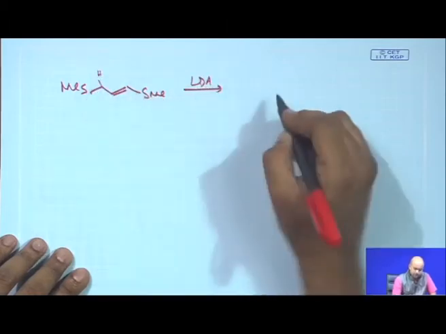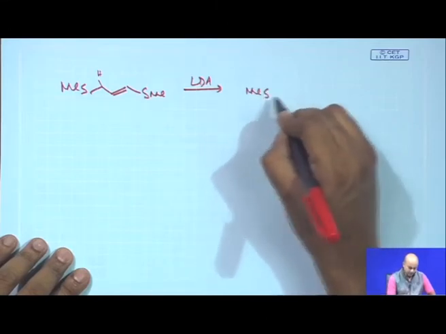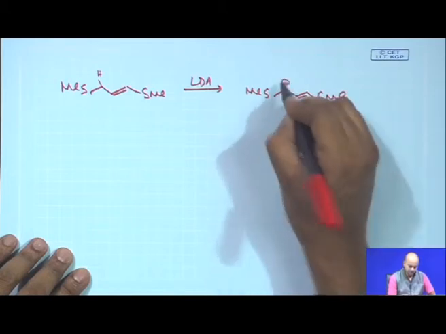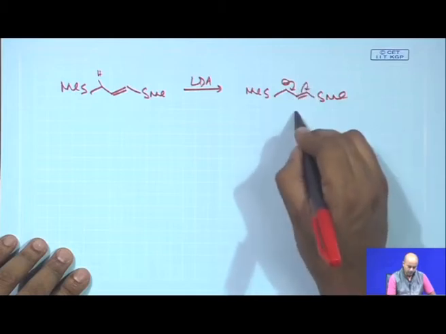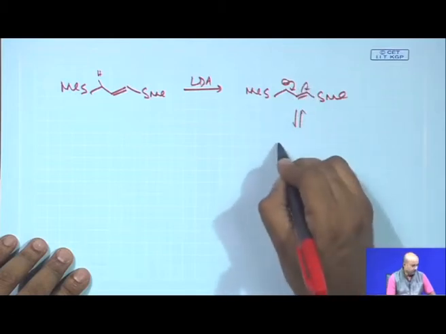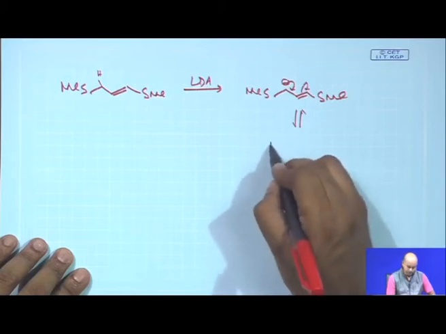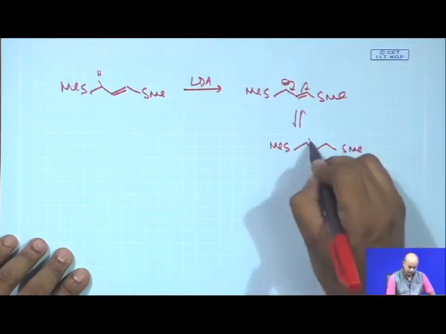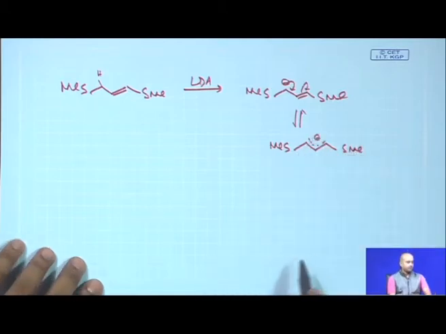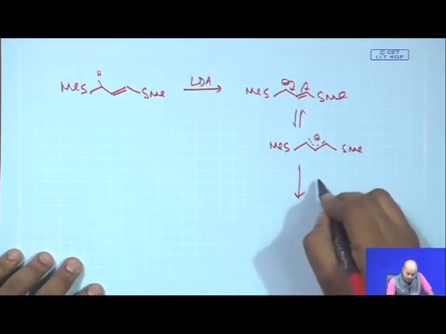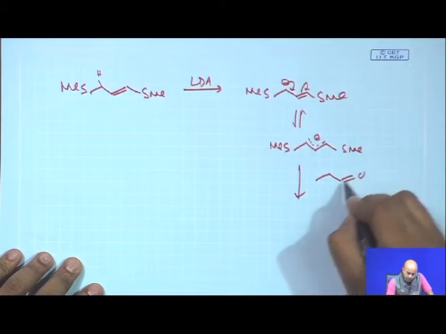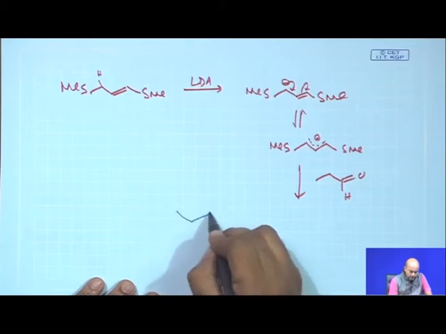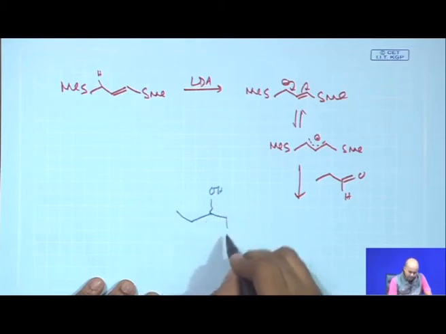Initially this hydrogen will be abstracted and you will basically get this carbanion. Now, this carbanion is stabilized to give you a canonical structure or symmetrical structure. So, this is a very stable symmetrical carbonium ion. Now, this was reacted with N propanol. So, N propanol reacts and then initially what you get? You get this OH, you get this SMe